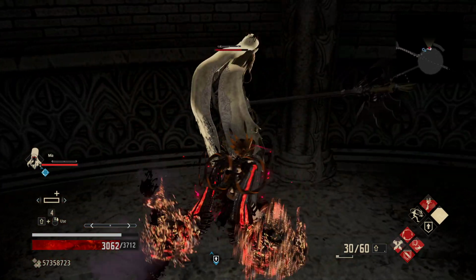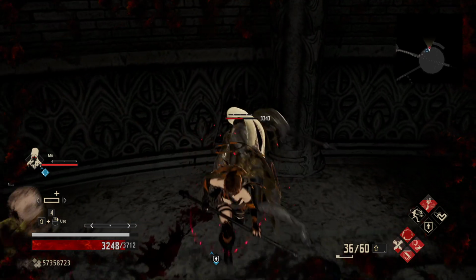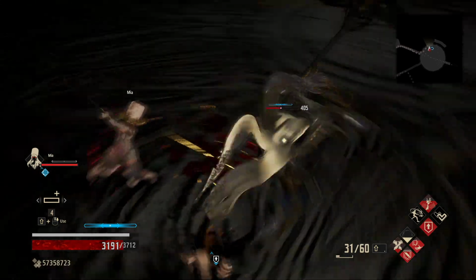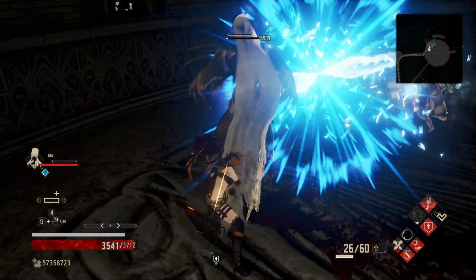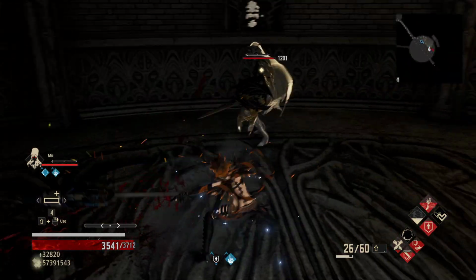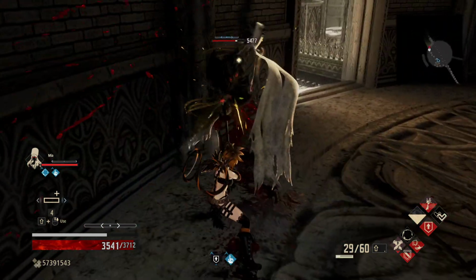Okay, and we can stagger her into the wall here. And we will go for the Usurper's Blade. Okay, we'll go for Usurper's Blade now. That'll get us 350 health back, which is very, very nice, to say the least. Okay. And every second